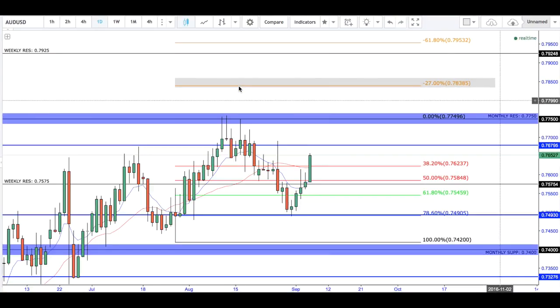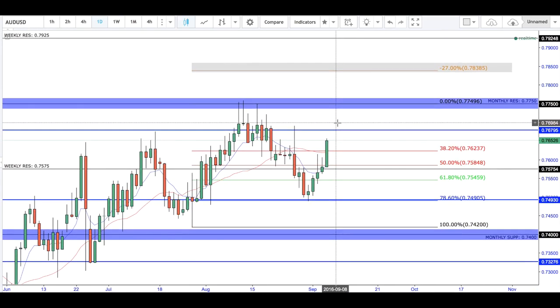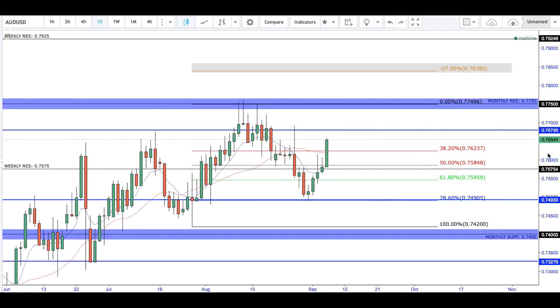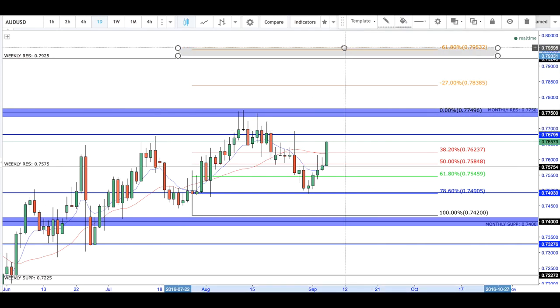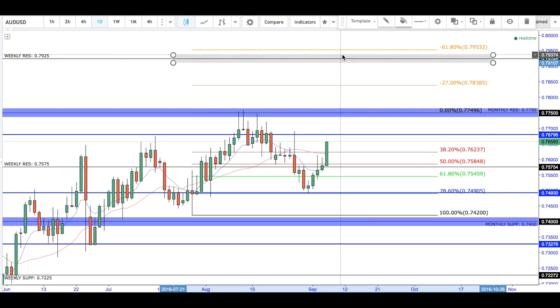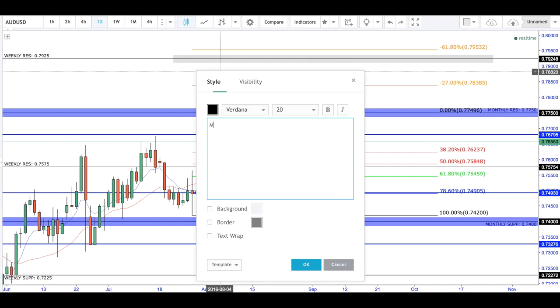All right, so we have the overall weekly fib, which may be fulfilled over time, and now we can see this daily Fibonacci, which Aussie may fulfill. It could even be a week, it could maybe last a week and a half or 2 weeks of trading. So we have two factors, weekly and a daily, that are now telling us Aussie dollar is respecting Fibonacci, and we have potentials for targets 1 here, and then as you can see the 61.8 target 2 is just above our weekly resistance anyway. So what we have here is monthly